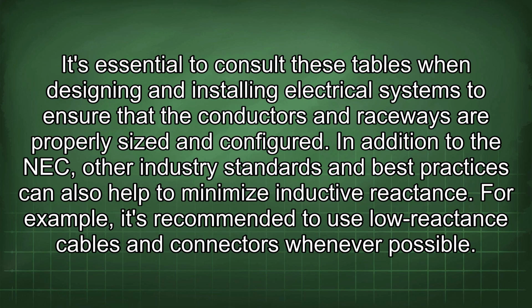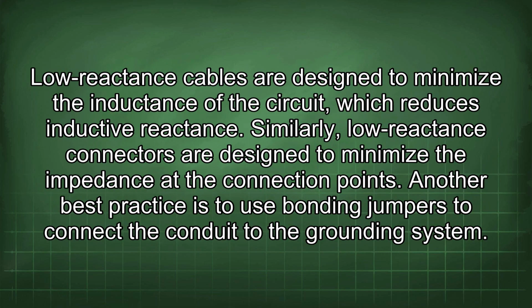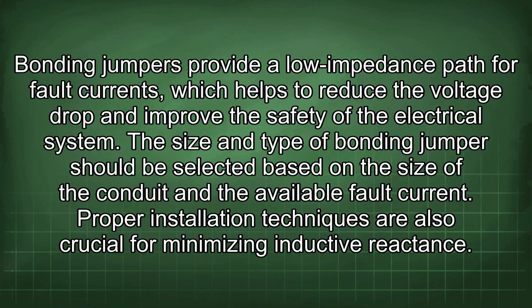inductive reactance. For example, it's recommended to use low reactance cables and connectors whenever possible. Low reactance cables are designed to minimize the inductance of the circuit, which reduces inductive reactance. Similarly, low reactance connectors are designed to minimize the impedance at the connection points. Another best practice is to use bonding jumpers to connect the conduit to the grounding system. Bonding jumpers provide a low impedance path for fault currents, which helps to reduce the voltage drop and improve the safety of the electrical system. The size and type of bonding jumper should be selected based on the size of the conduit and the available